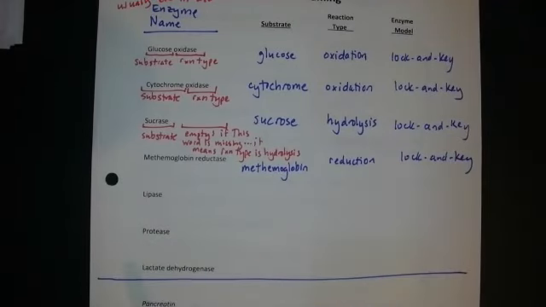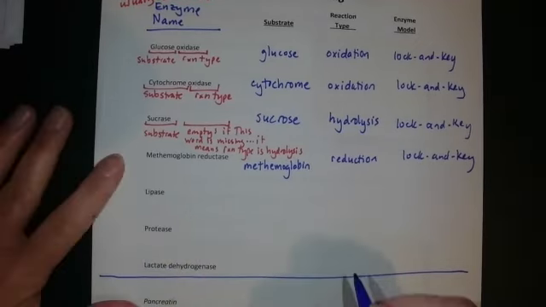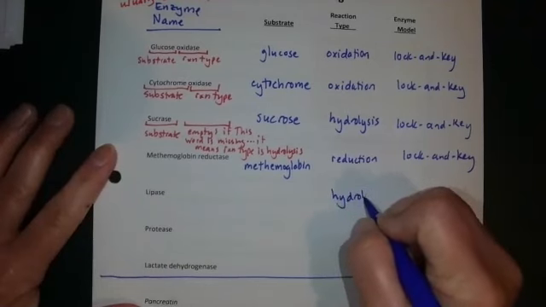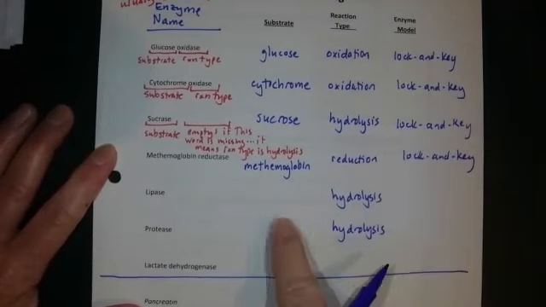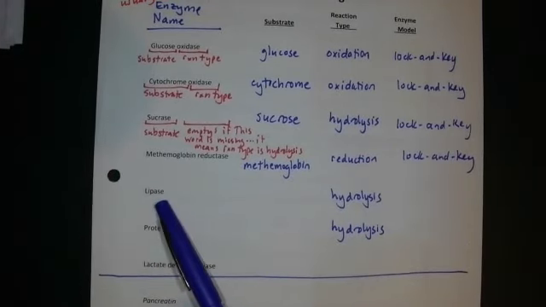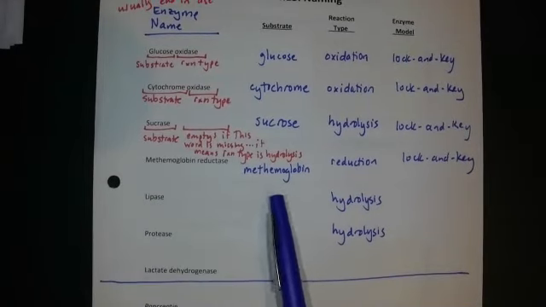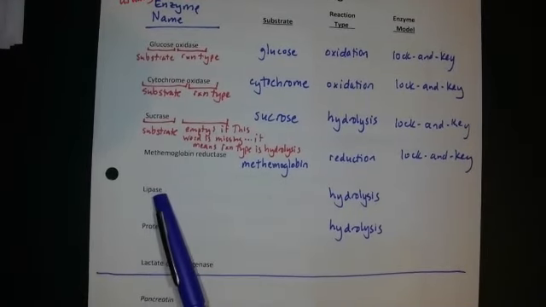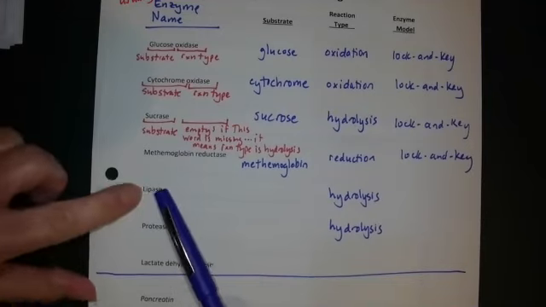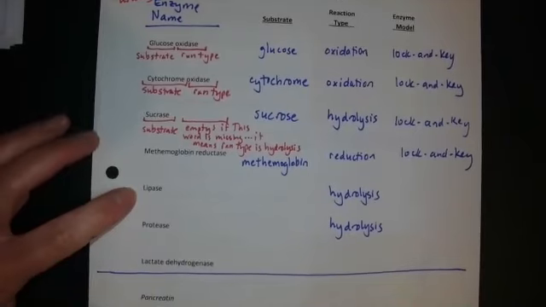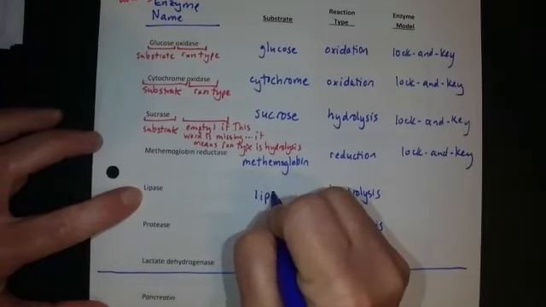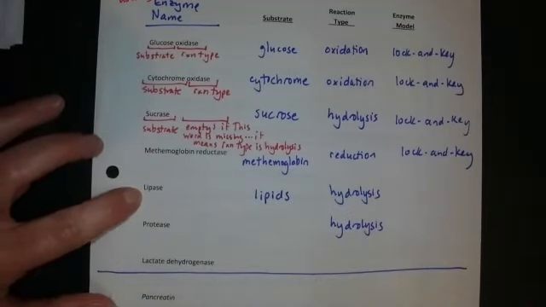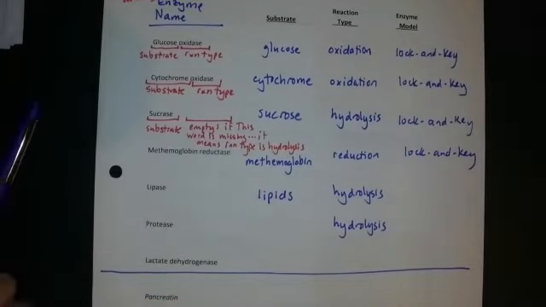Let's do two more. Actually, we can do all three. Lipase, protease, it's missing the second word, so you know what that means. That means that the reaction type is hydrolysis for both of these. What about the substrate? Look at the first word and say, what is it that's going to be undergoing hydrolysis for this enzyme? Lipase is the enzyme. What does it act on? It gives an indication. It's not perfect. You have to kind of think about it for a minute, but sucrase acts on sucrose, lipase acts on lipids. Lipase acts on lipids, helps lipids undergo hydrolysis.